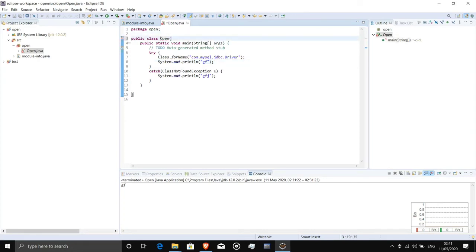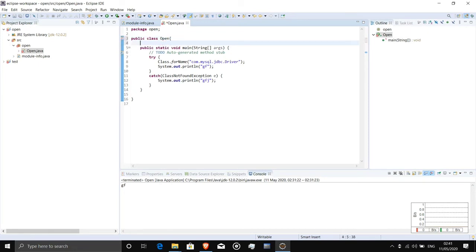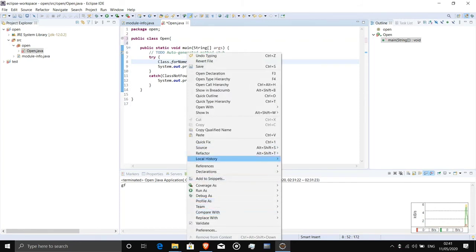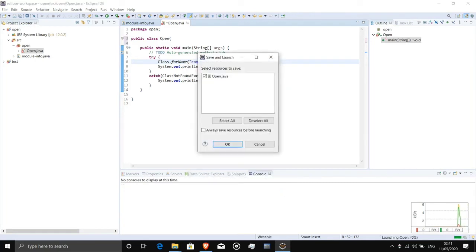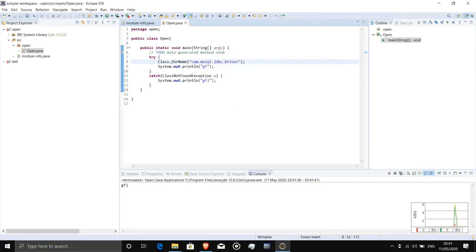So okay, now we can see in this program that if any exception occurs, this line will not be run, and the exception line defined in catch will be run. As you can see, the catch line is run. That means an exception has occurred. So what do we have to do to bypass or handle this exception?